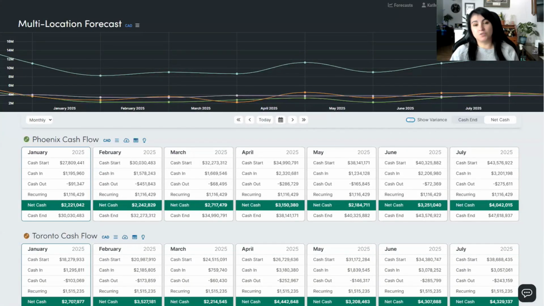Dryrun simplifies financial management by seamlessly consolidating data from multiple sources into a single unified platform. Whether you're juggling data from multiple sources, entities, or accounting software, Dryrun pulls everything together, giving you a clear, accurate view of your cash flow and financial scenarios. You can save time, reduce errors, and make better informed decisions with all your critical financial data at your fingertips